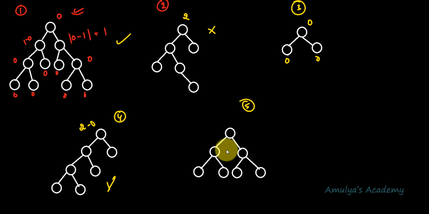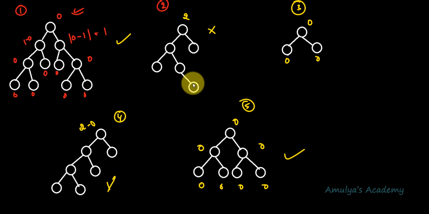And this is a balanced binary tree, we can see, because this is the left subtree and this is the right subtree. The height is 1. The height of the right subtree is also 1, so we'll get 0. And for this, 0 minus 0, 0, and here also 0. So this is a balanced binary tree. So don't worry, just find the difference between the height of the left subtree and the height of the right subtree. You need to find the absolute value, and if it is greater than 1, then that is not a balanced binary tree. If it is less than or equal to 1, then that is a balanced binary tree.